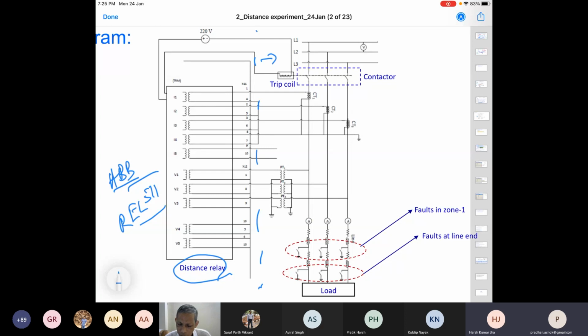So this is a three-phase supply. This is the supply side, and we have a contactor here. The relay trips the contactor whenever there is a fault in the system. What is the system? This is the system side I'm looking at here,